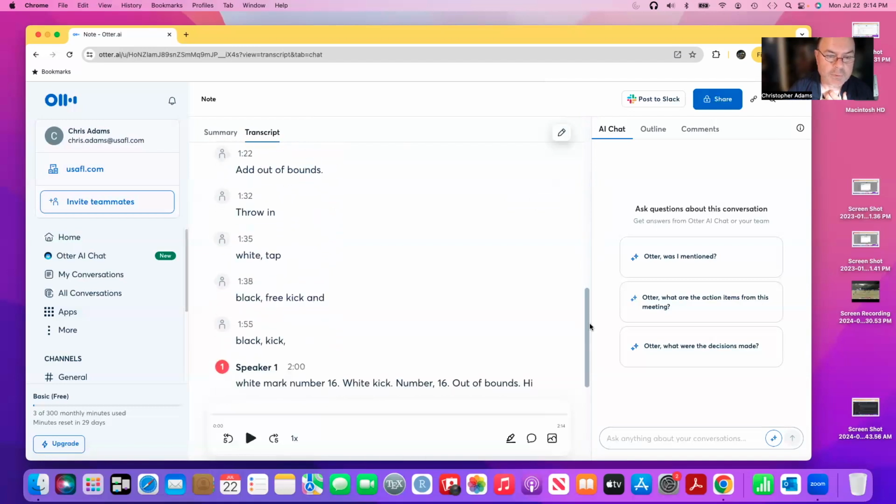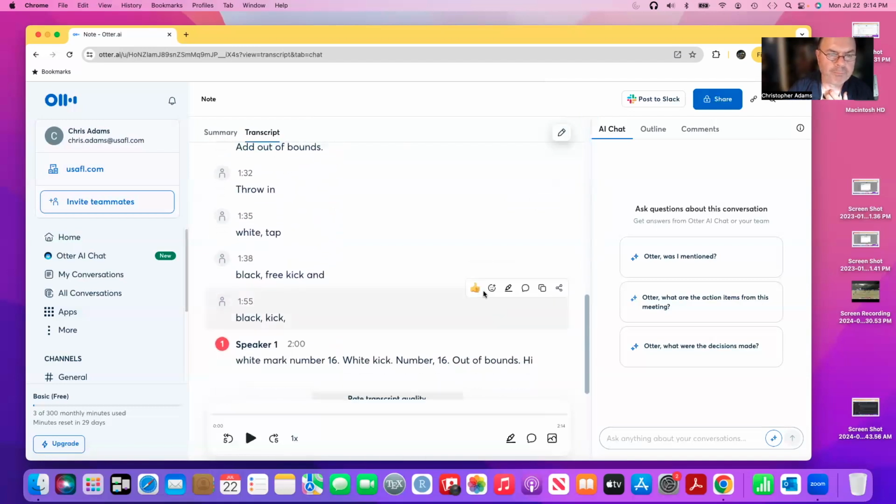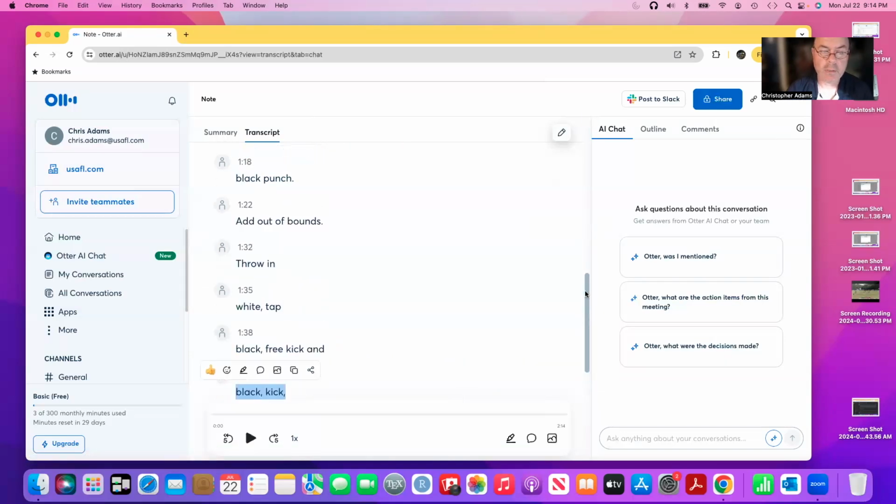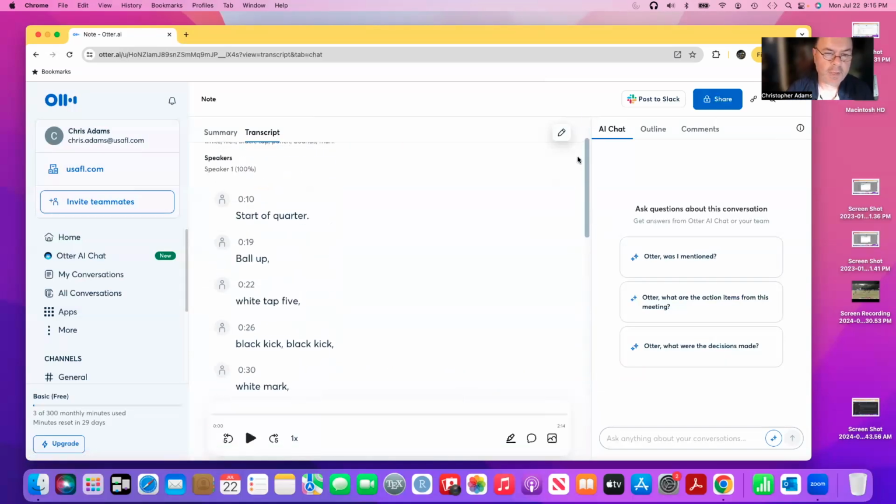So sometimes, I don't see it here, but sometimes you'll get weird words. So you'll say kick and it will write down cake. There were no handballs in this sequence, but it never gets handballs correct. I was obviously speaking relatively well because it got ball up. But if you see that, don't worry about it, because the way the system works is when you save this